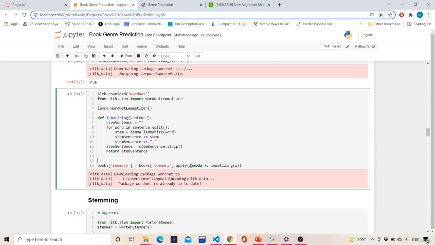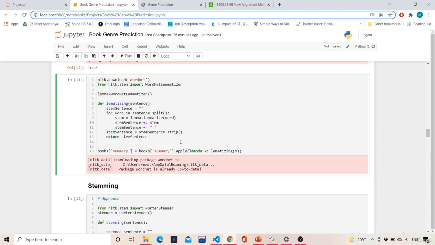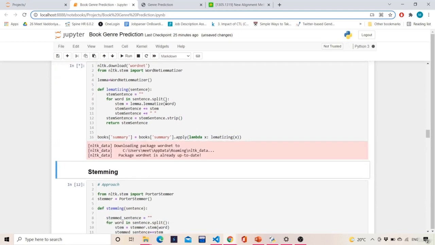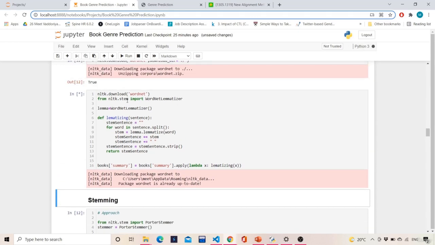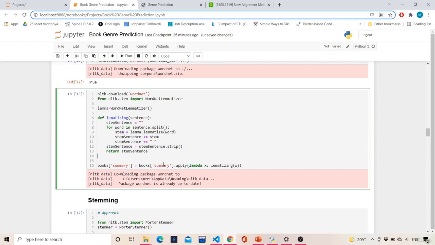So the way to go forward with lambda functions is lambda x for every summary in books of summary, apply this function, right? If we just execute this, it will take a little bit of time because this NLTK WordNet is a very big file, and this function will also take time because there are many summary sentences which we are passing. So yeah, it's already done.